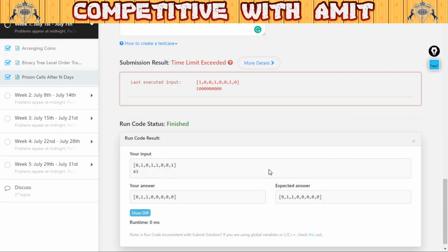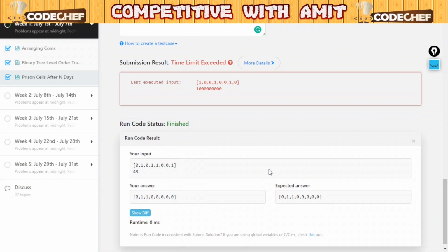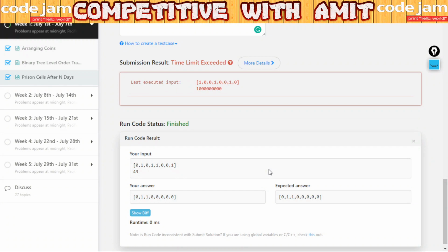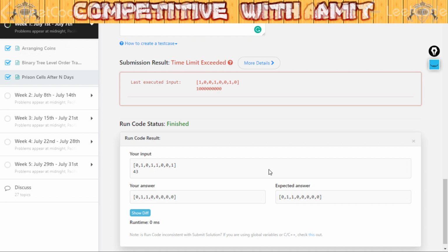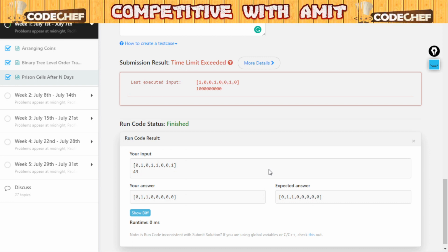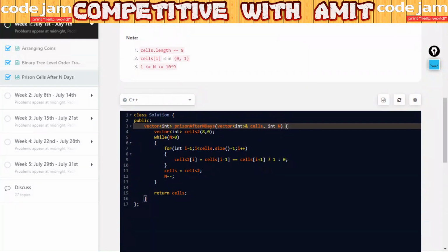So now I have observed a big thing, that there should be a difference of 14 to get the same value. It means if we know the value for 0 to 14, then we can easily predict the next values. If we have the value for 1, we can predict for 15. If we have the value for 2, we can predict for 16. If we have the value for 1, we can predict for 43 also. Now for that, what I'll do,